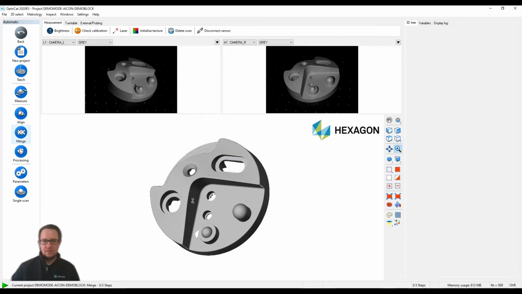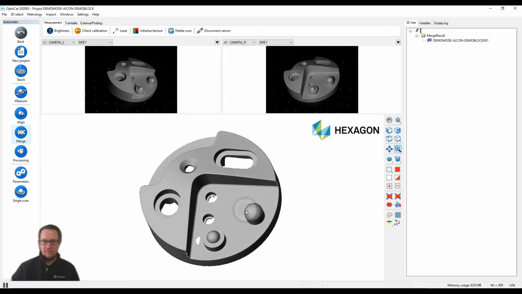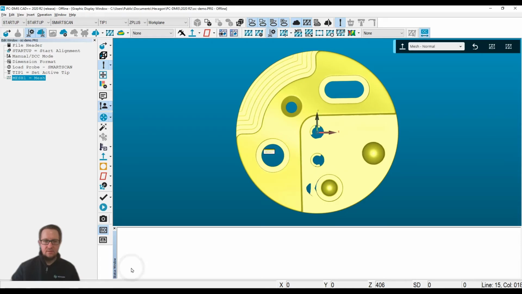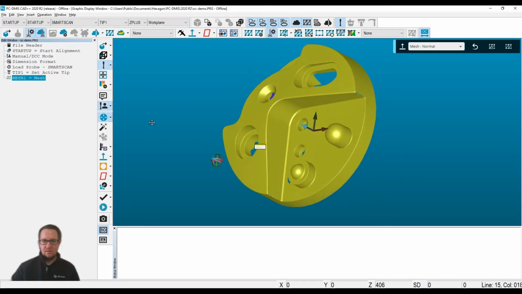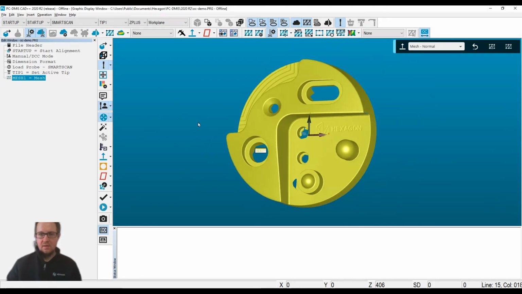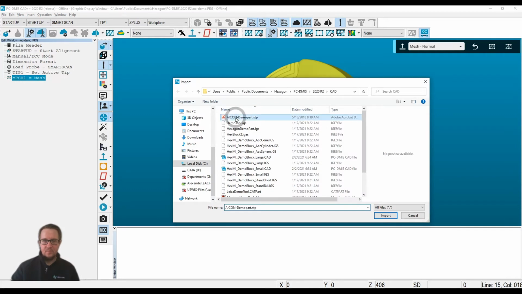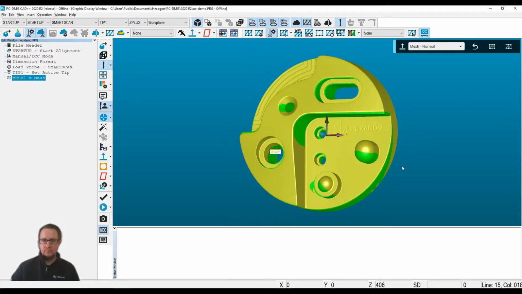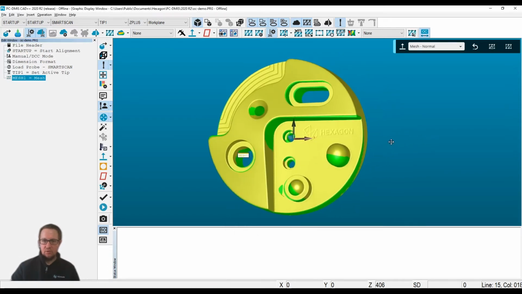And so this is now the mesh file, and in PC-DMIS the new mesh is right here. Alright, so we're still connected. Let's go ahead and load up the CAD file. Do a quick alignment, mesh alignment,